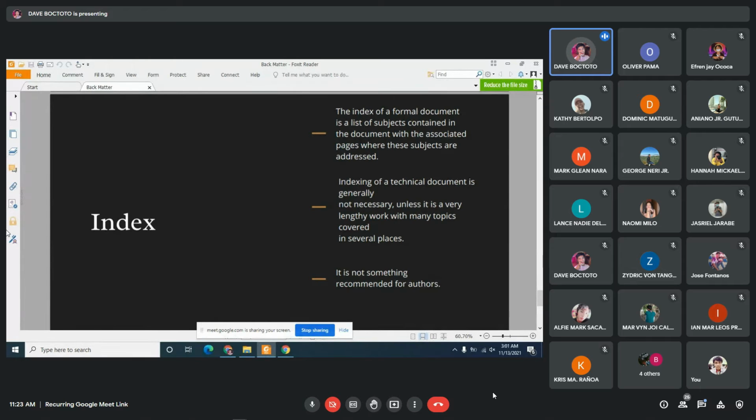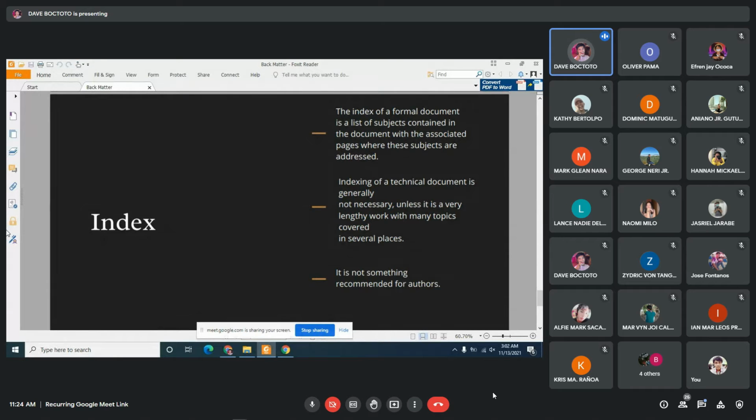So, kini index is dili kay siya kanang ginagamit. Pero kasagarang reports kay kanang panagsara bitaw mo makita. So, even sa books panagsara ka makita index. So, ang purpose ni index is